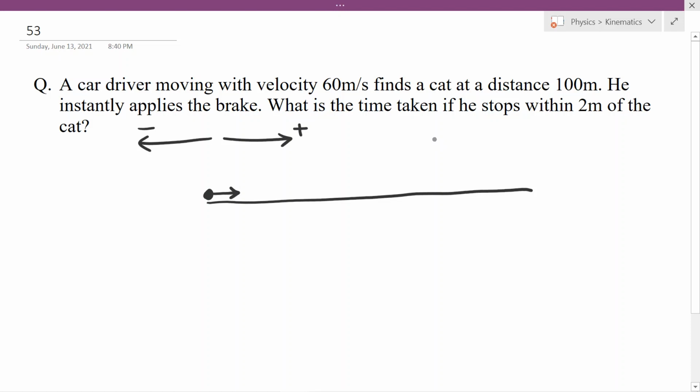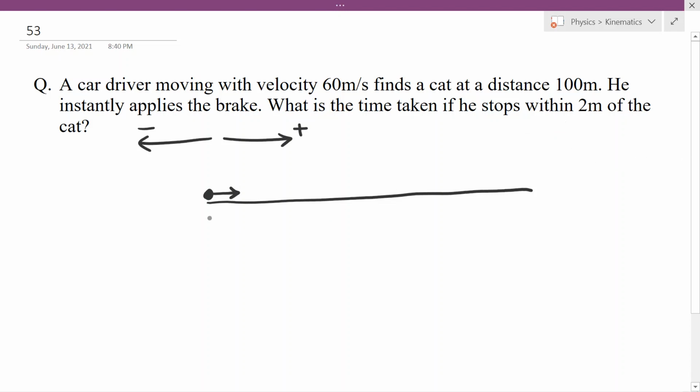People often confuse deceleration, thinking that it is always negative. No, it is not, because if I am moving in the negative direction, that is the left direction, and I have some negative acceleration, let's say minus 2 meter per second square, even then this is accelerated motion, not decelerated motion, because the acceleration is in the direction of motion. So I can safely say that if the acceleration is in the opposite direction of the motion, then it is retardation or deceleration.